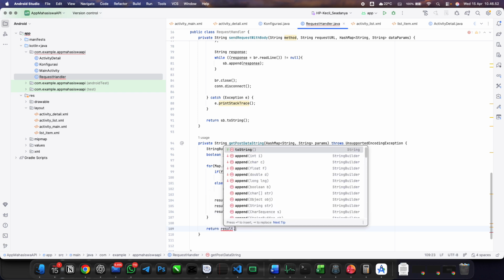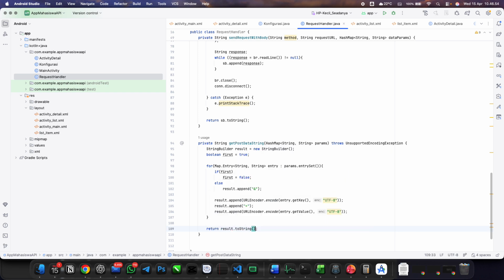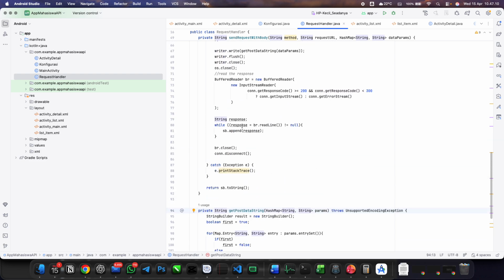Result dot to string. Remember, we are building a string. You have to remember, we cannot convert a string to integer like that. If we are building a string, then return a string. Okay, are we finished? Not yet, because we only finished